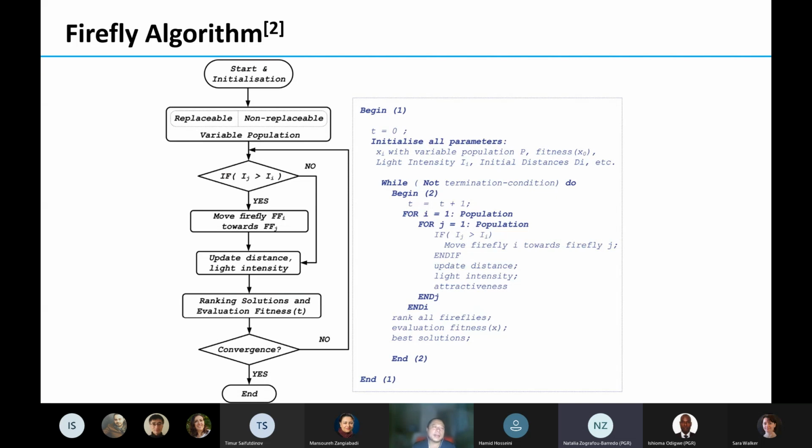You can consider the Firefly algorithm as an algorithm inspired by the social behavior of fireflies.